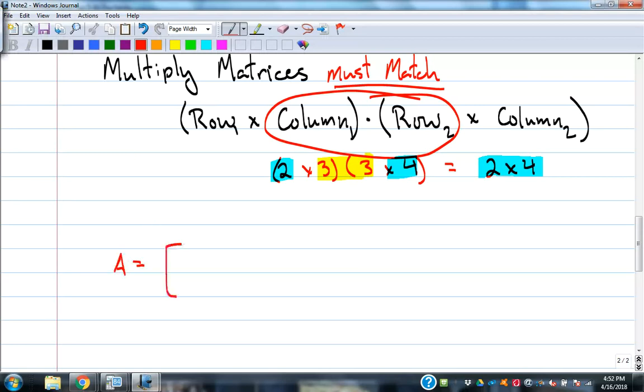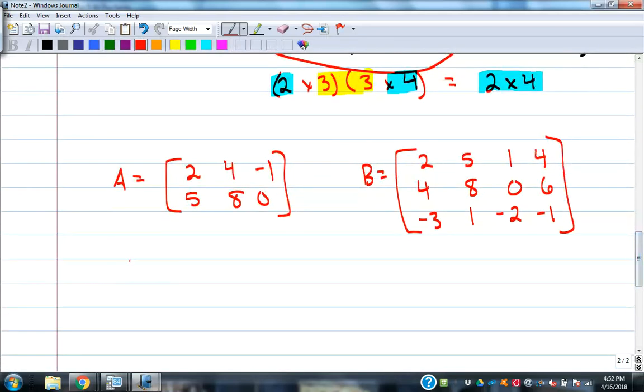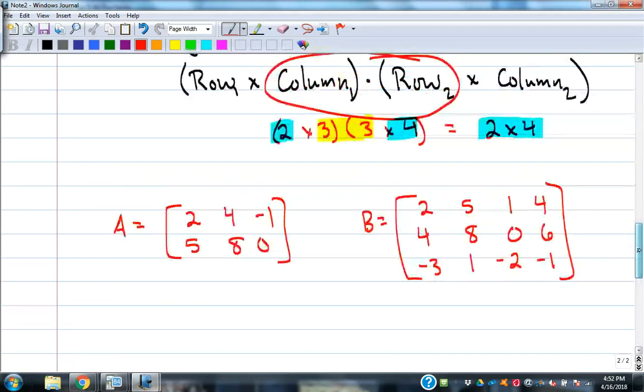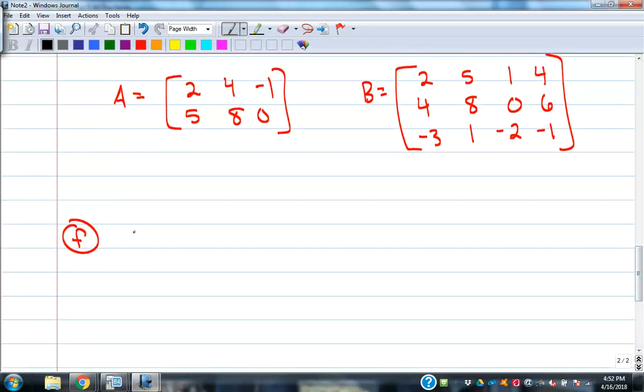Matrix A: 2, 4, -1, 5, 8, 0. Matrix B. Let's make it a pretty big one: 2, 5, 1, 4, 4, 8, 0, 6, -3, 1, -2, -1. All right. What letter we're on here? F. Is that right? F. All right. So we got our 2 matrices there. If I'm going to say matrix A times matrix B,